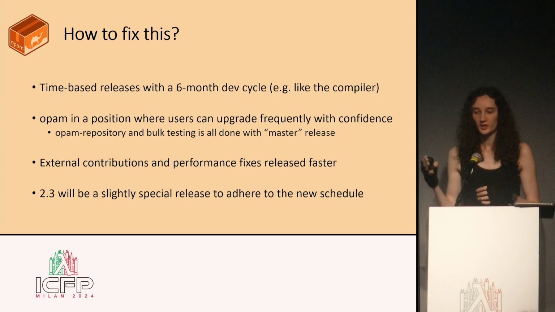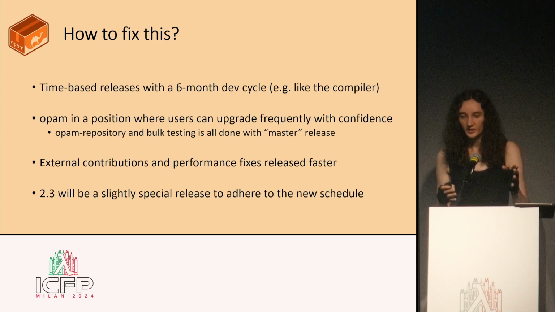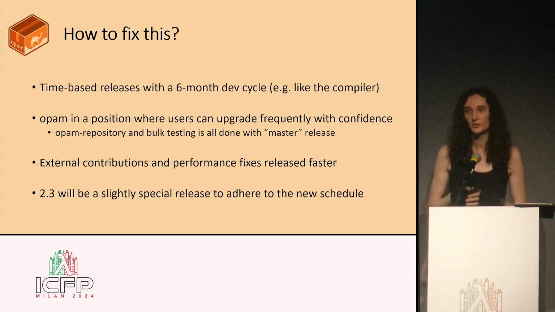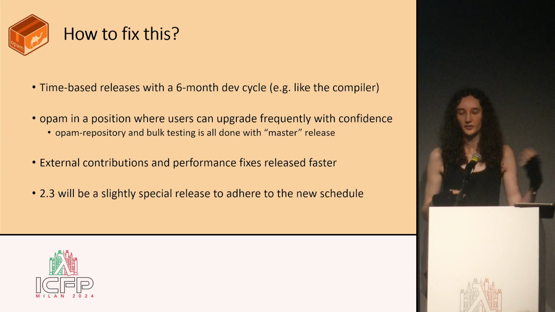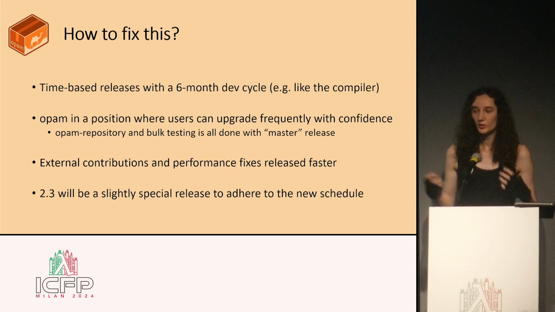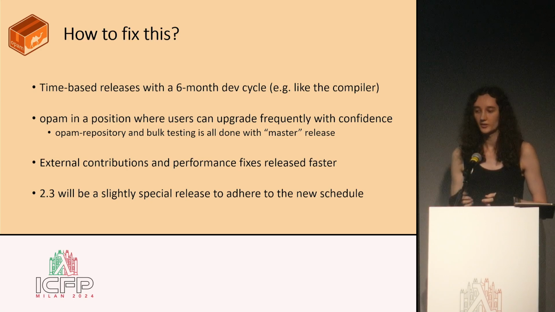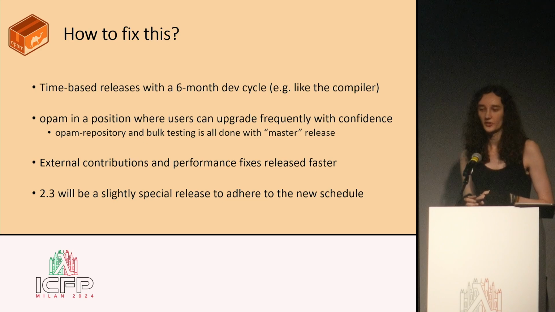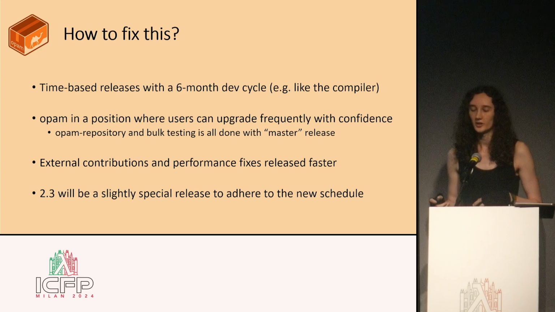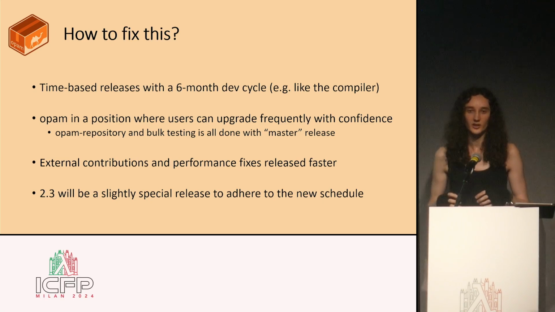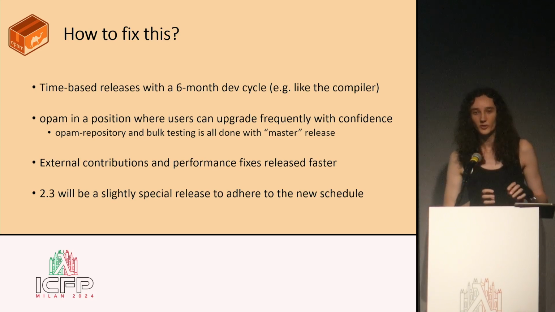Which means we can just at some point say, yes, we branch to a new branch, and then we do a release cycle. This way, we also avoid the annoyance of waiting for a release for external contributors and users. And to prove that, we are currently doing the 2.3 release, which is slightly earlier than usual, just because we have things that we've done already during the 2.2 cycle, but we didn't want to merge it right away to